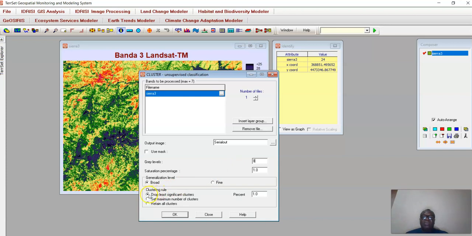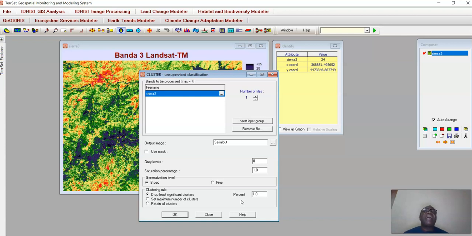So we now say, do we want to drop the least significant clusters? That is, those outliers, do we want to drop them, because they are not really important here. So we use this, dropping the least significant clusters, to remove errors. Sometimes the errors in images may be very light tone or very dark tone.